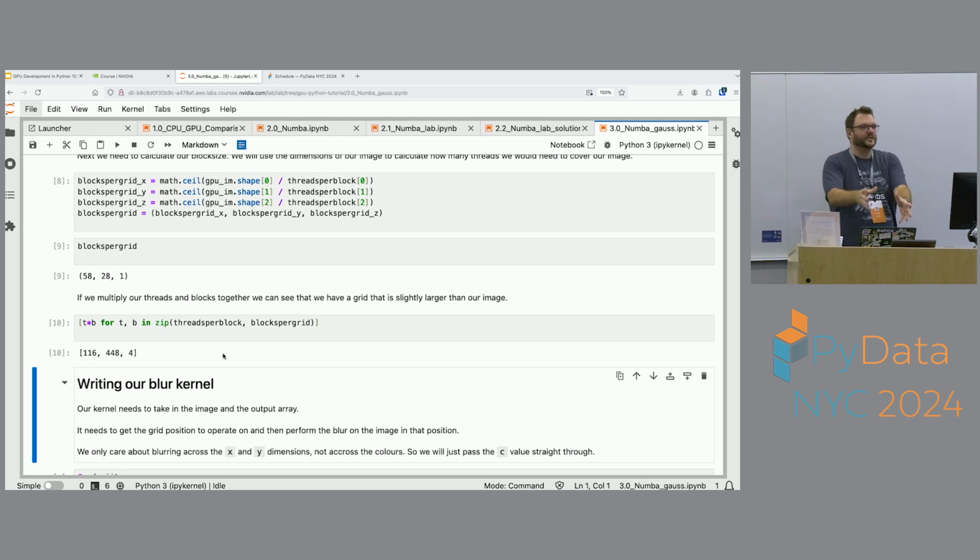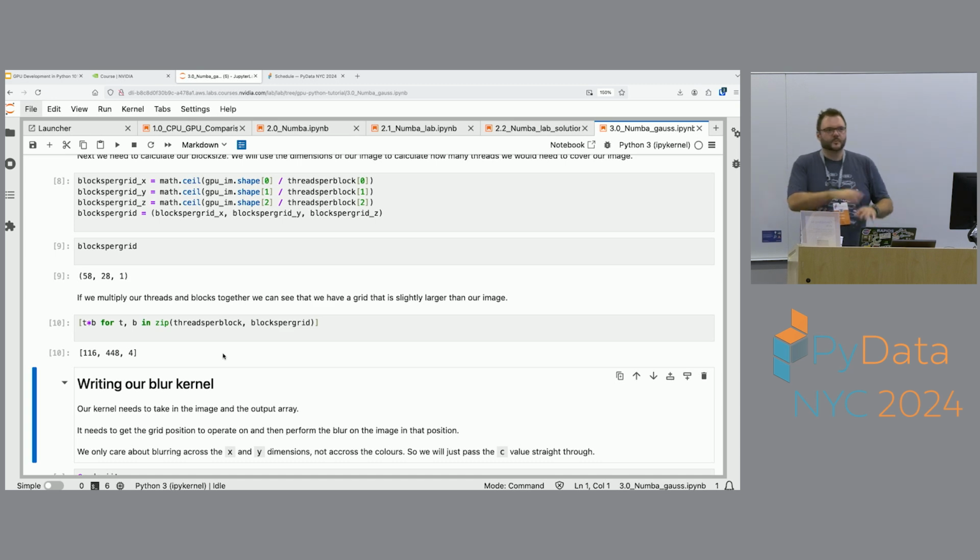The image wasn't our nice round number, because our data never is a nice round number. So one thing we have to bear in mind, and you might have run across this in the last notebook, is the computation will just run on whatever you tell it to be. You have your input data, but then you tell it how big your computation should be. And so you can end up in a situation where